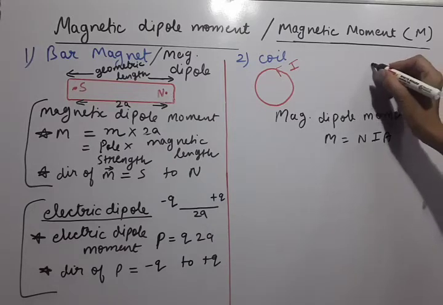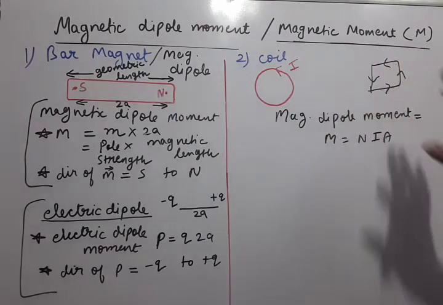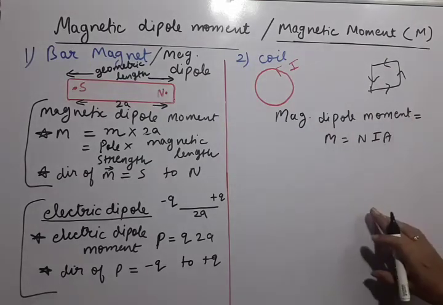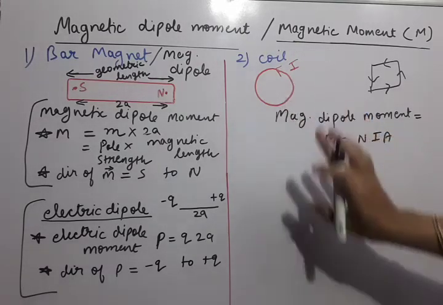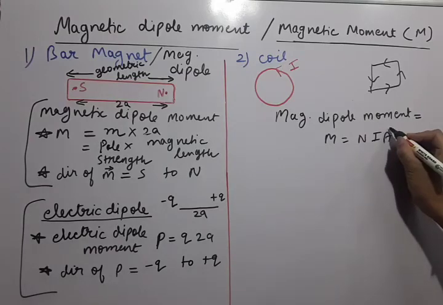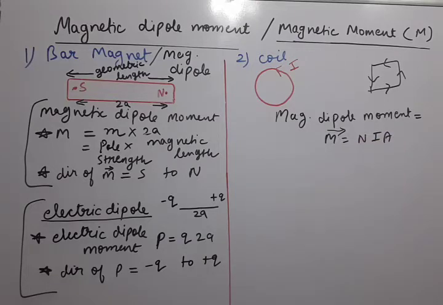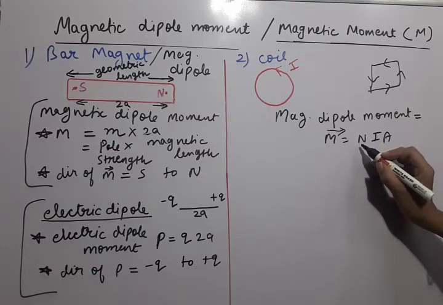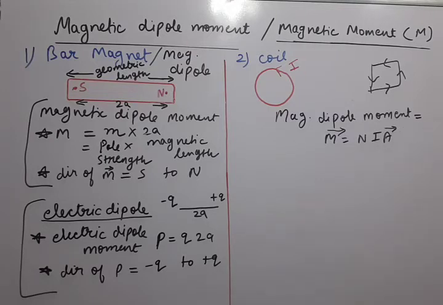Okay, so it may be a rectangular coil also, like this, in which the current is flowing. All such coils will have the magnetic dipole moment. Now how can we say that there is dipole? This is a dipole, that I will explain to you. First of all, we have to show the vector notation also on the magnetic dipole moment. It is a vector. So where to show the vector sign here? N is the number of turns, cannot be a vector. I is the current, scalar. So for area, instead of area we will be taking area vector.